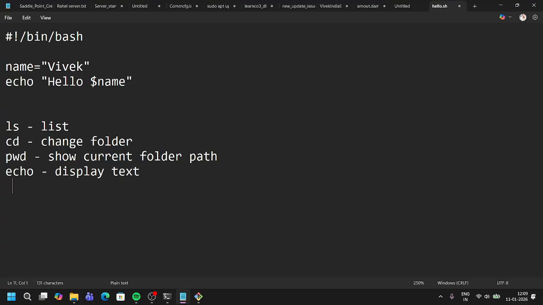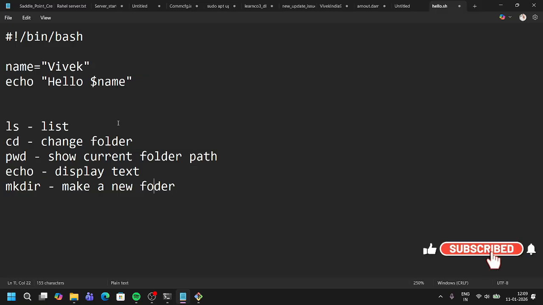For the basic commands, you can also use mkdir. mkdir is for making a new directory, or folder. So these commands help you to move and see the files in your terminal.